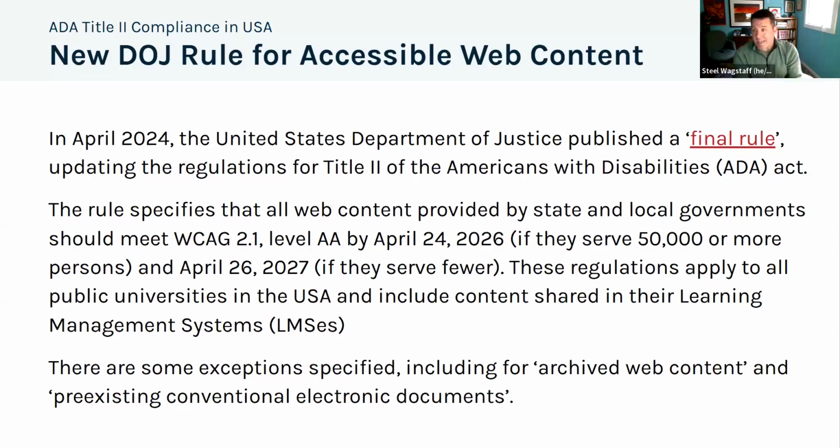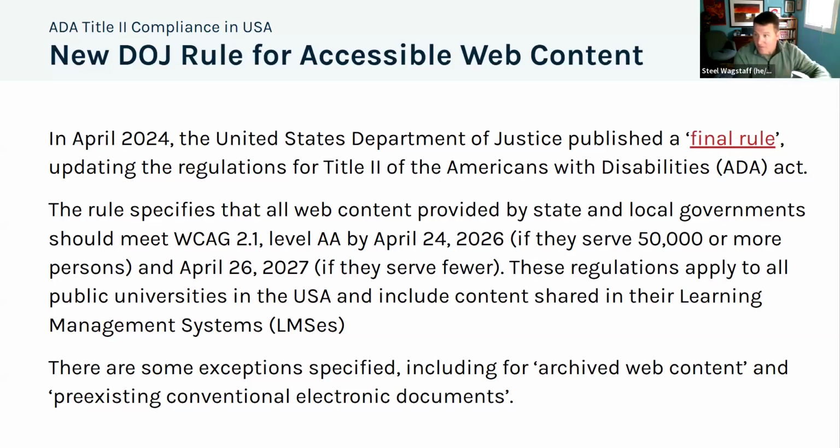So WCAG 2.1 AA refers to the Web Content Accessibility Guidelines. 2.1 is a standard and AA is the level of compliance. This is kind of arcane knowledge. It's a little bit of specialist knowledge. And most ordinary teachers probably aren't experts in citing WCAG 2.1 level A or AA, but some of these things are principles and some of them we can learn more about and become responsible for.